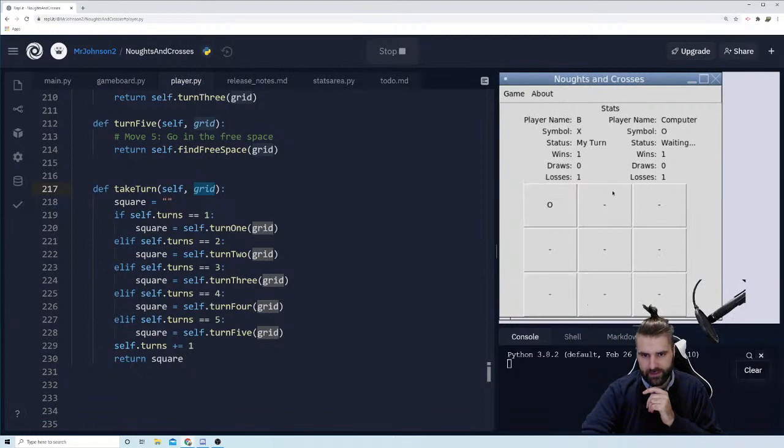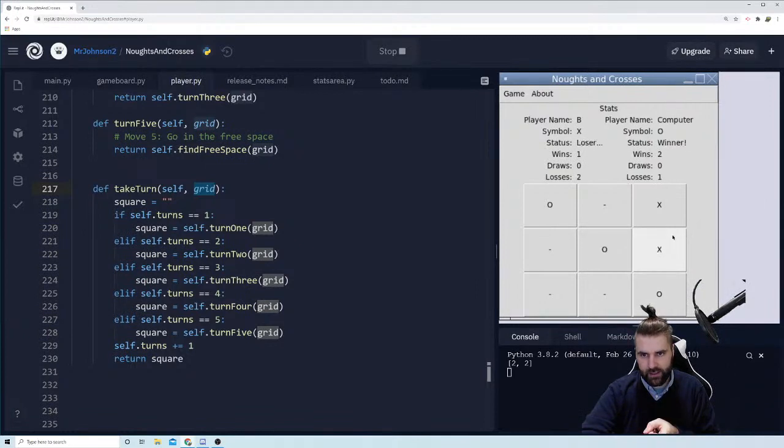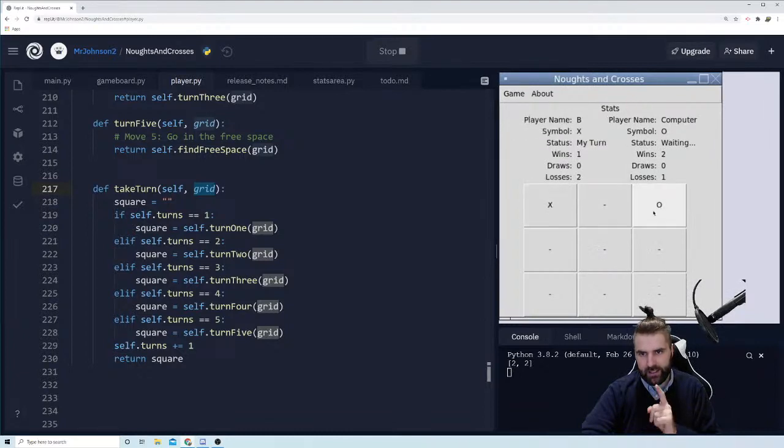Let's just clear the console. So I'll let it win again. 2-2. So it went there on that turn 2. I go here. Boom. Okay. But then when it's my go first, I go there, it goes there. I go here. On its turn 2, it doesn't print out that opposite corner, which is making me think that